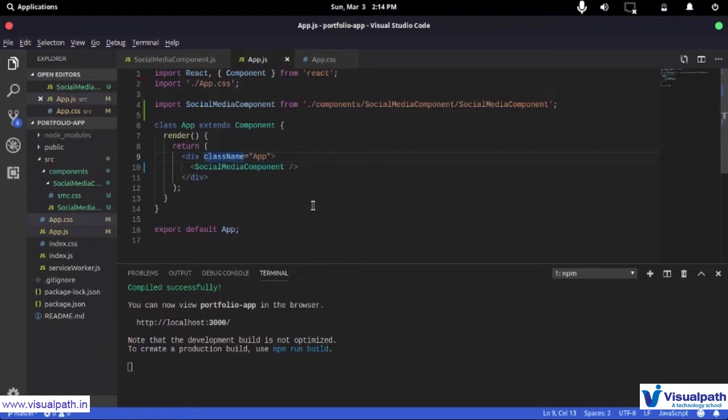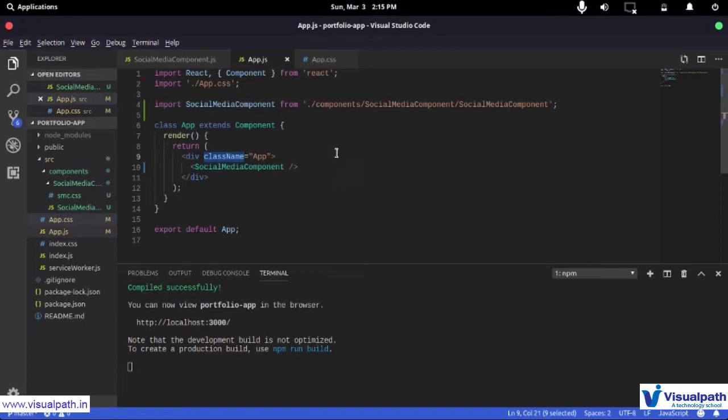Now in traditional CSS you write just class and not className. But in React you have to write className because of a reason, and that reason is class is a keyword in JavaScript. So if you write class, the JavaScript interpreter might get confused about what that is. So you have to write this thing called className, which actually gets converted into HTML class. But in React, when you are writing JSX and styling your component, what you have to write is app.